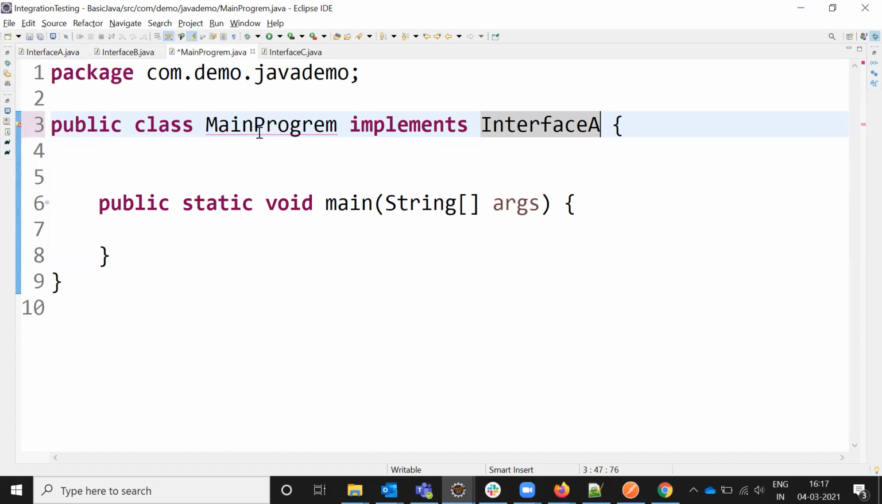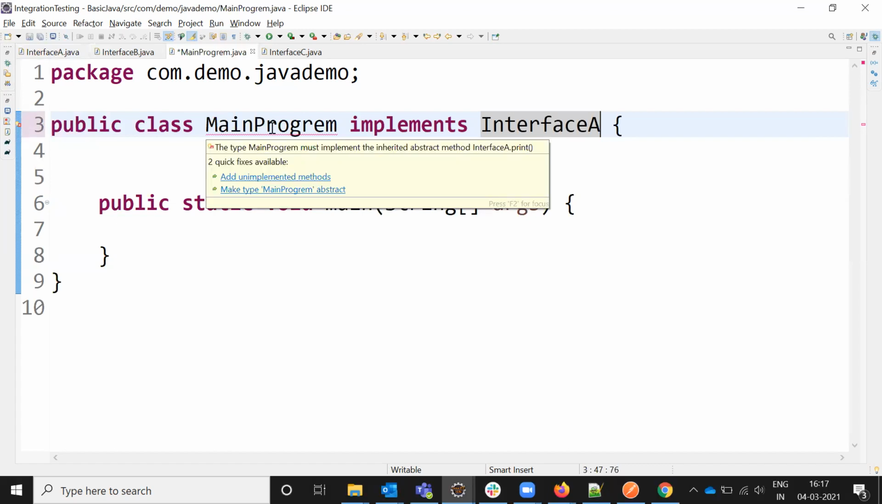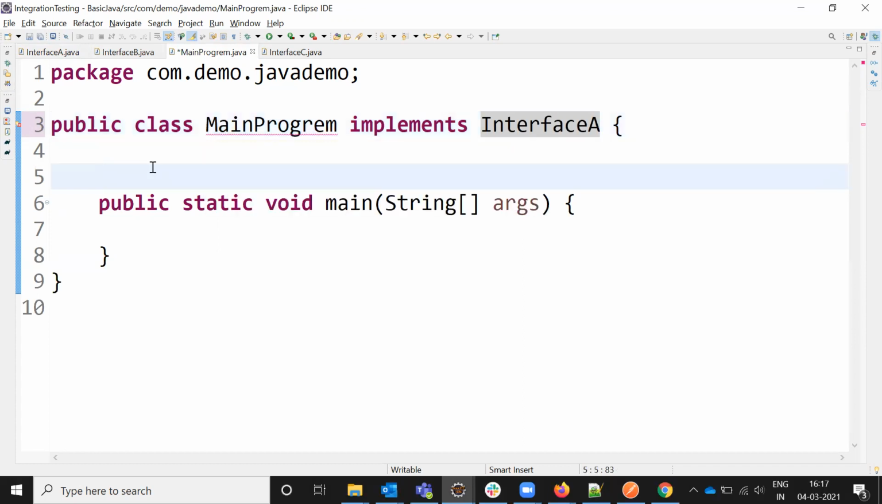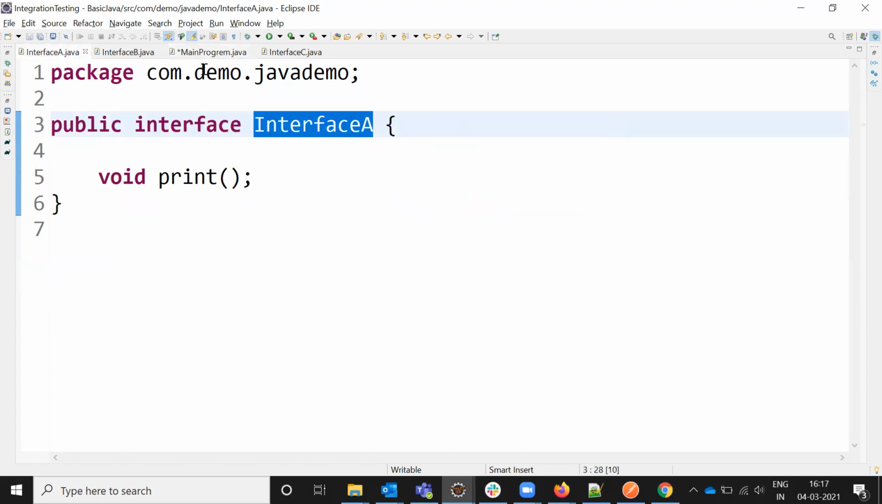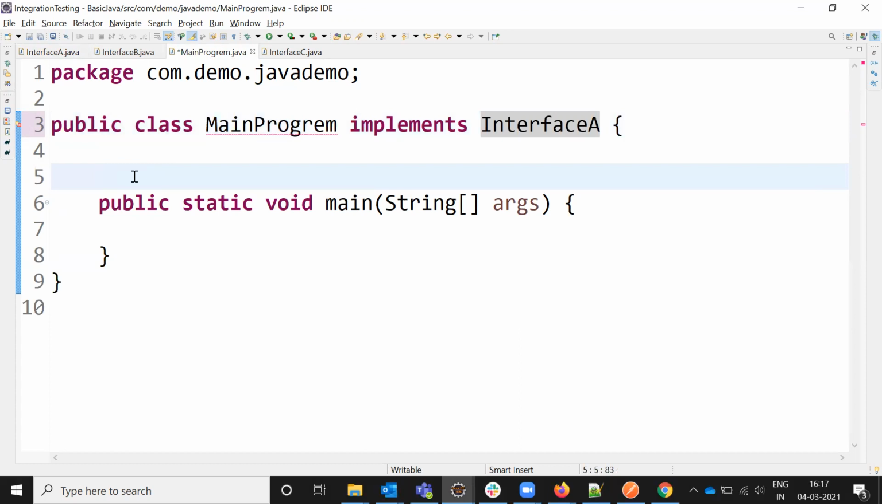And it is showing the error message, right? Because the method is already present. Unimplemented methods: the type main method is abstract. We can use this one because, as we told you, an interface has abstract methods. The same way we need to implement here, public